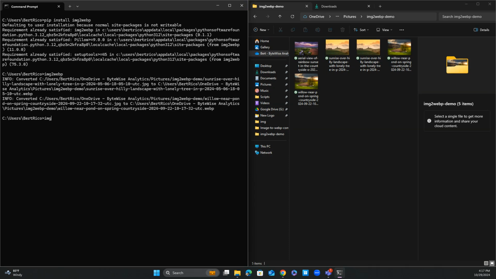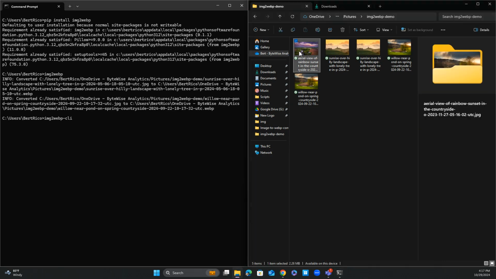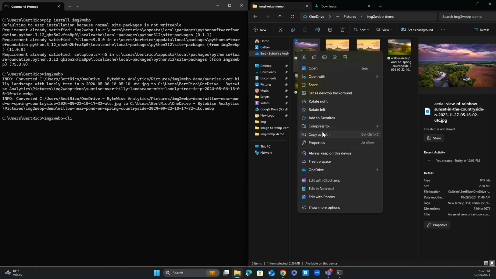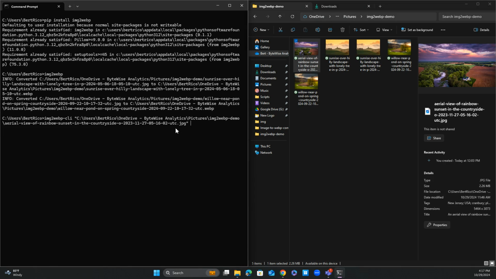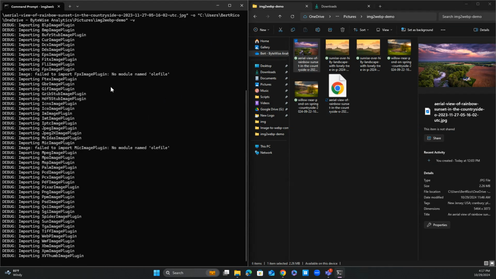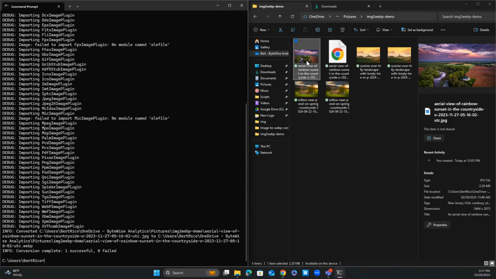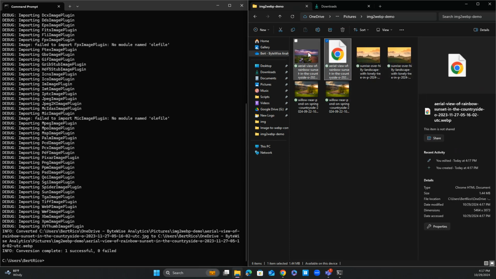Now the other way is to run the command line interface. So you run image to WebP as well, -CLI for command line interface, and then you're going to tell it what image you want to change and convert. So I'll just copy path, and then we're going to output it. So -o. We're going to output this in the same folder. Okay, and then I can even add a -v, and that's just verbose. So that you can see exactly in the command line what's happening, and you don't have to run the -v.